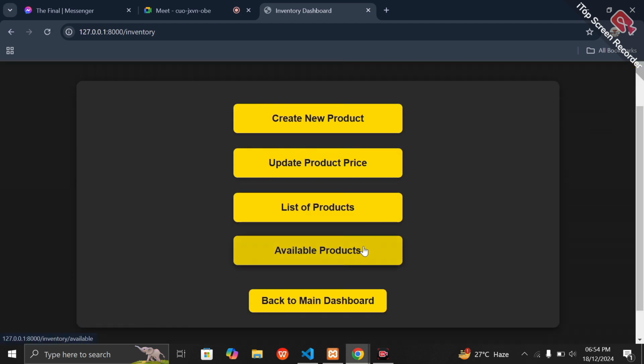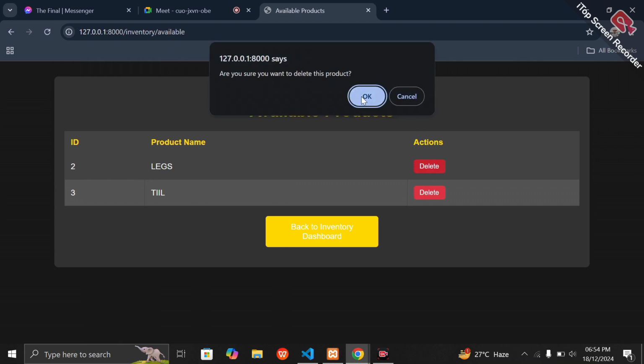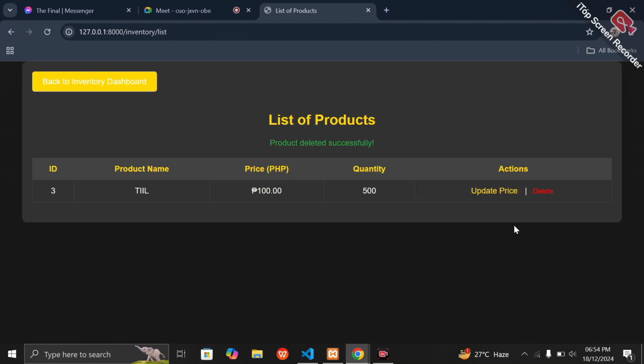So let's try the function to click the available products. So you can see our available products. You can also delete here, and if you are out of stock, so go. It's already deleted.